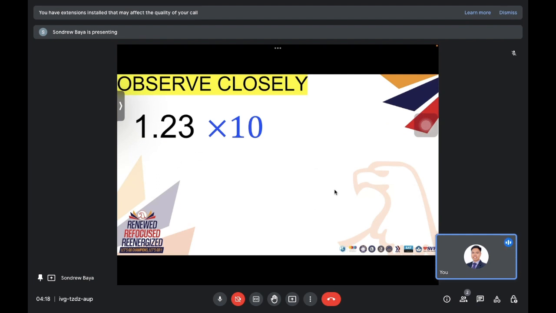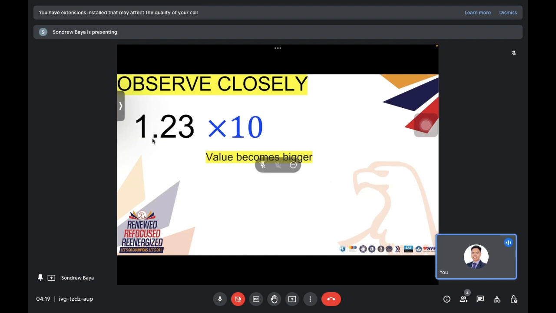Before we do that, by the way, let's try to have 1.23 times 10 first. So 1.23 times 10. Now, since we multiplied 10 to 1.23, remember the review, the one I had a while ago? Will this make 1.23 bigger or smaller? I am multiplying by 10. Obviously, it should be bigger. Okay? So the clue here is if you are to multiply it by a power of 10 or by 10, for example, it will just be moving the decimal. But for you not to be confused whether left or right, I don't want you to memorize, but rather to